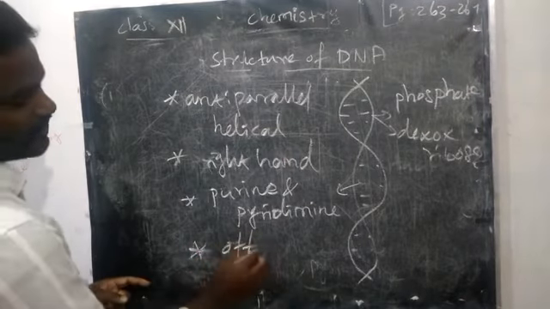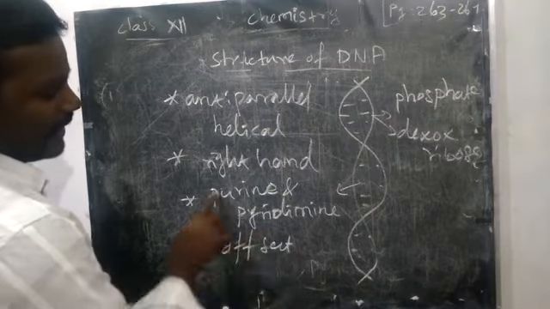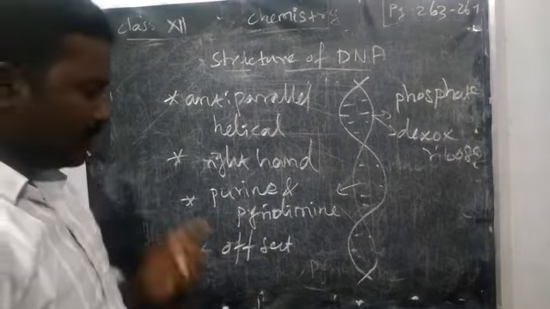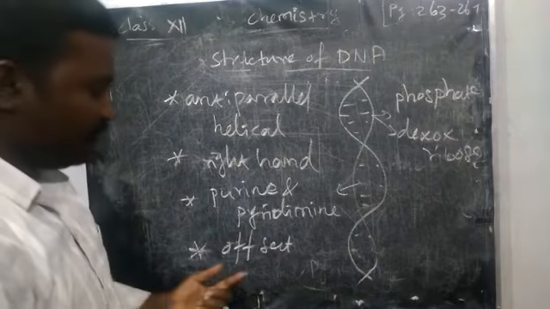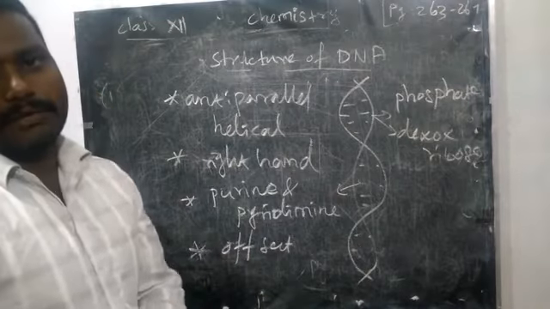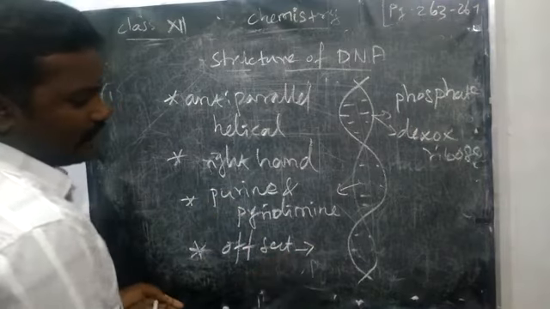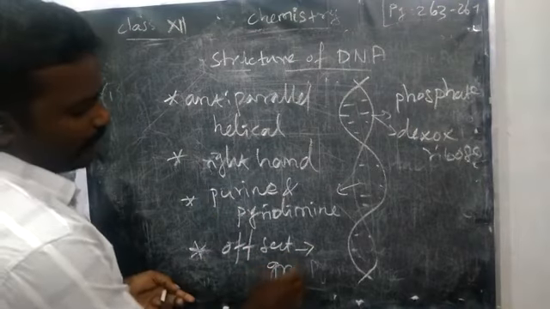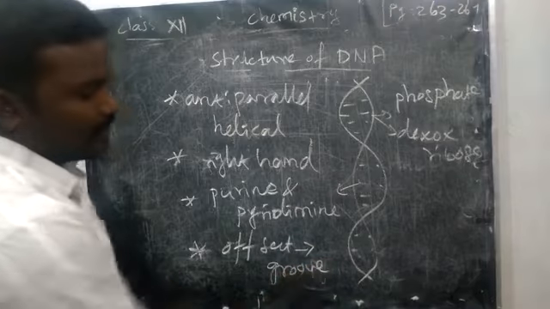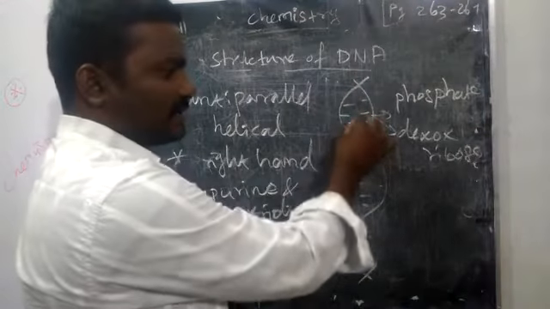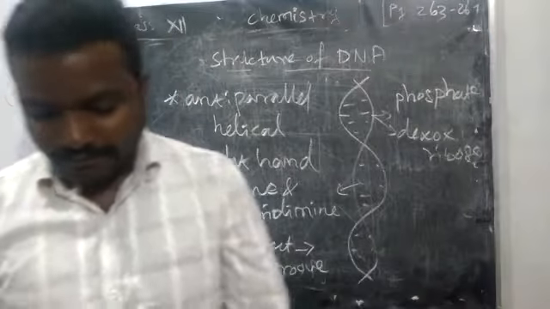Because of the opposite pairing of these purine and pyrimidine compounds, they pair with each other and form the opposite pairing, a longer pairing and a shorter pairing. Because of that, they form the major groove as well as the minor groove. So because of that, it has this structure, right?